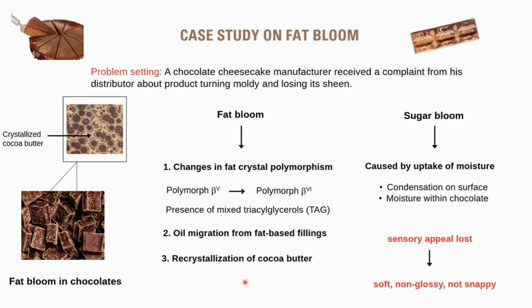Finally, when the product is stored at a temperature that is not suitable for chocolate, then there is melting of cocoa butter. On keeping it back in the fridge, there is recrystallization of cocoa butter. But at this time, during recrystallization, instead of forming beta 5 polymorph, it forms beta 6 polymorph. Why? Because this reaction is thermodynamically favored due to reduction of free energy of the system. This occurs typically when stored at temperatures that are above ambient temperatures.